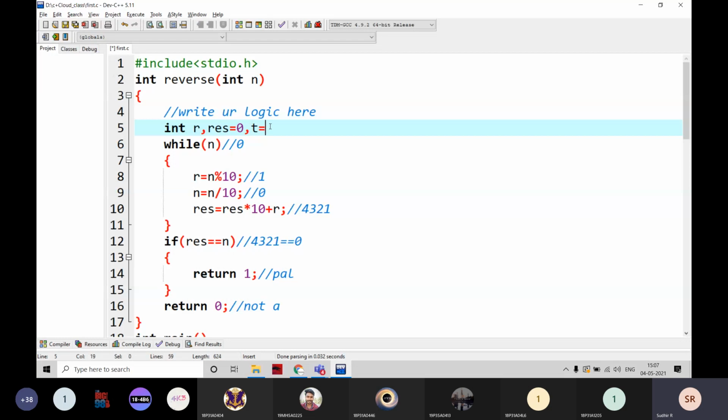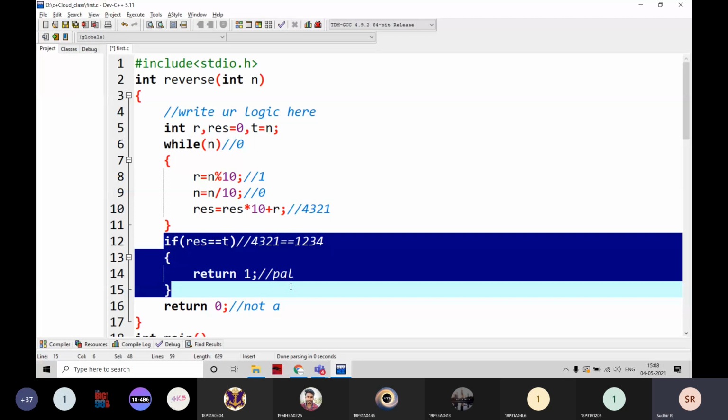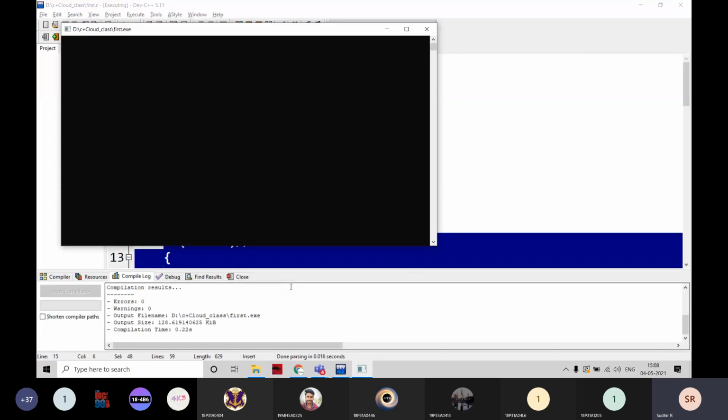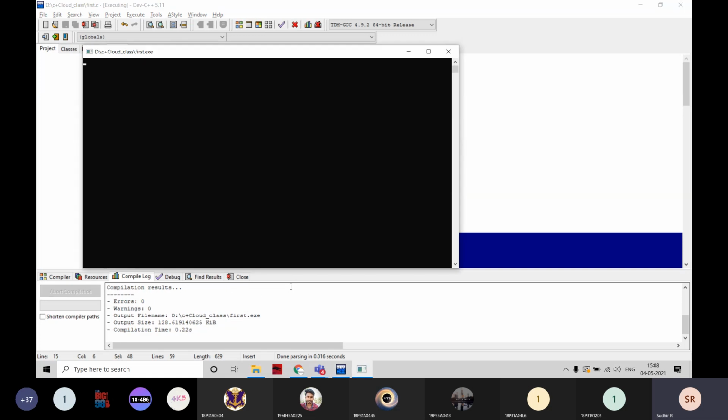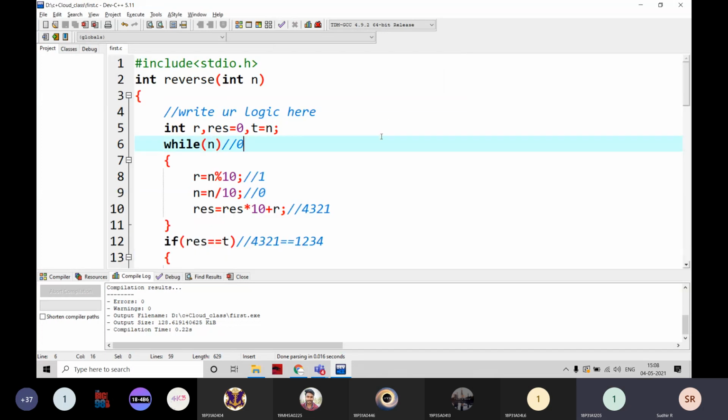If we want to do it, we have to take a copy. That's it, nothing else. For example, t is equal to n. We are going to take a copy like this. We are working on n, right? But the t value is the same as 1 2 3 4 only. It is a temporary variable. I'm going to make a copy of that variable and write like this. Now it is going to work here. If I execute it, it is going to give false here. If I execute 2 to 1, it is going to be true here. Is it clear?